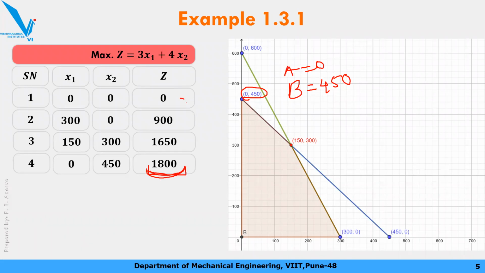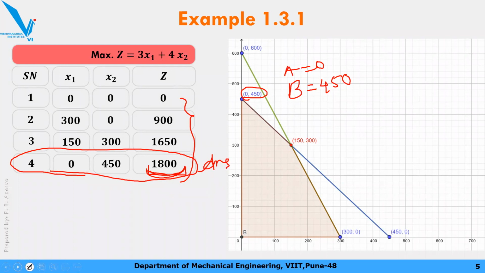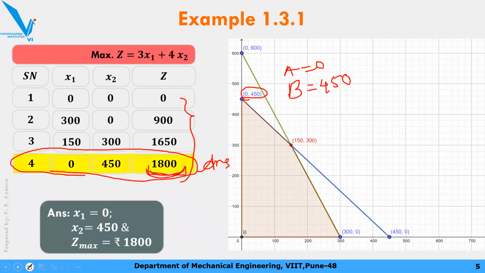Okay, so out of these four choices, which one is the best profitable equation or answer? The last one. Here we are going to earn maximum profit, so this is your solution। So production of x1 यानी A प्रोडक्ट 0, कुछ भी प्रोड्यूस नहीं करेंगे, और B कंपोनेंट या B प्रोडक्ट 450 क्वांटिटीज में प्रोड्यूस करेंगे, and we are going to earn rupees 1800. Okay, so if there are any doubts, please ask.